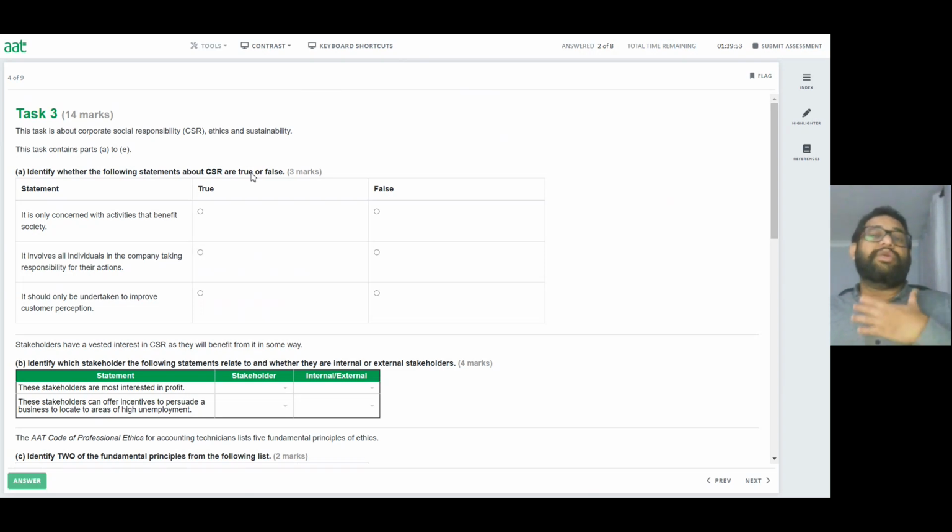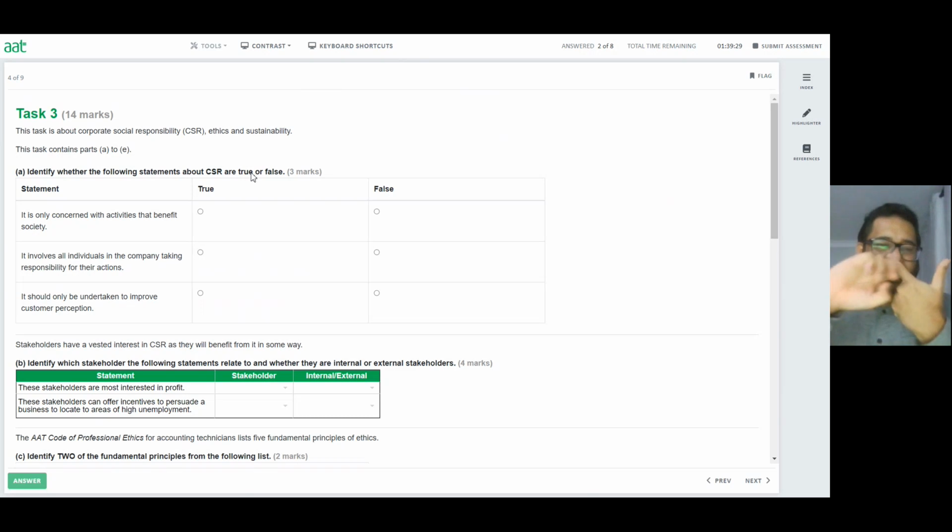AAT likes it when we do certain kinds of scenarios where we are actually upholding the standards expected to be held by accountants. So here, identify whether the following statements about CSR are true or false. It is only concerned with activities that benefit society. That is not right, is it? Because if you look at that here, 'only concerned' is wrong, because it